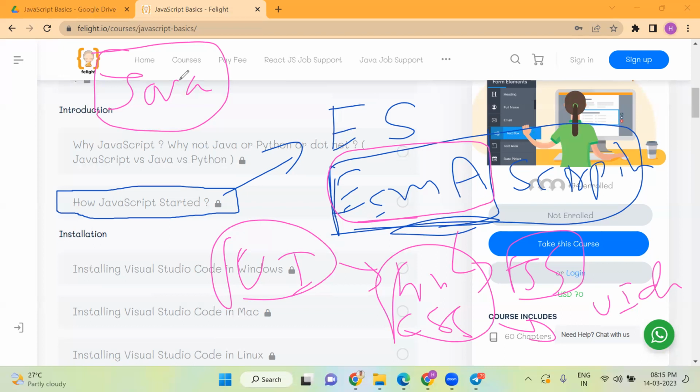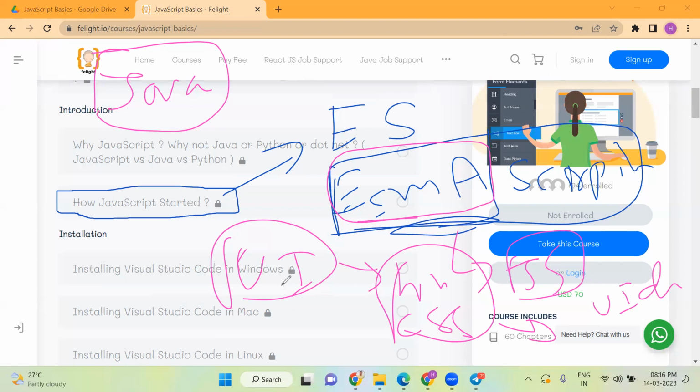So they wanted to come up with a language which is simple for these kinds of people to understand and add some code which can run in the browser and add some interactivity. Let's say if you move your mouse cursor over something, you want some pop-up to happen, those kinds of small interactivity.